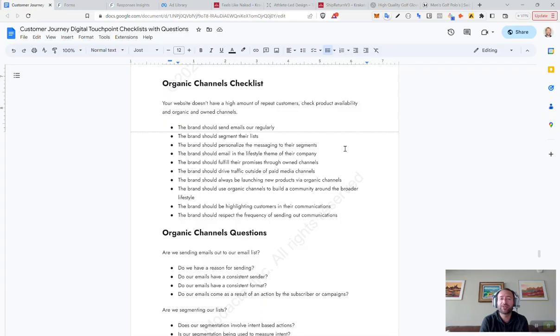Brands should be highlighting customers in their communications. 100%. I talked about this previously, but your customers are your gateway. You are founder led until your customer count so eclipses your founder ledness that everyone knows about your brand, and then your customers are what leads you. It's the same thing with any large brand where they sign a very big athlete to be the face of the brand.